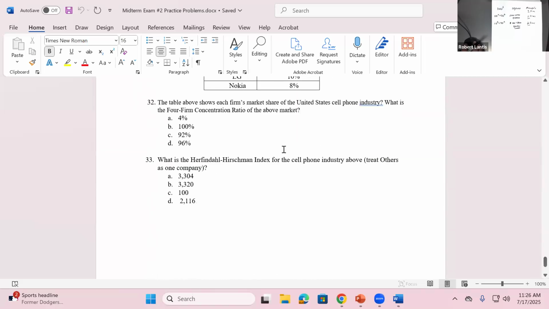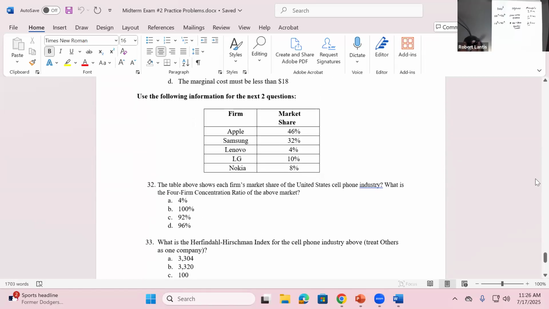So I'm going to scroll down here just to get what we're talking about. So let's say I had your major phone companies here, and I'm making this data up. This one I didn't actually pull from online, but it's somewhat reflective of reality. So let's say I wanted to know what's the 4-firm concentration ratio of the market above. Well, I'm not just going to add up the first 4 firms. It's the top 4 firms. So I would take the highest market share, next highest, next highest, next highest, add those all up. If I do that, I should get